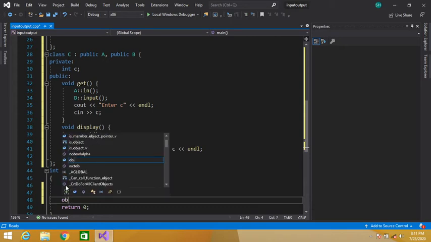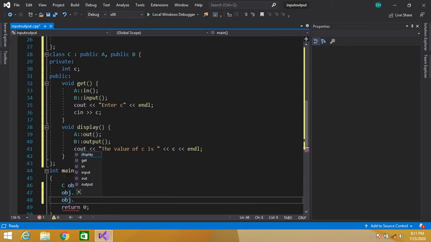Obj dot our display function. Okay, let's execute this program.